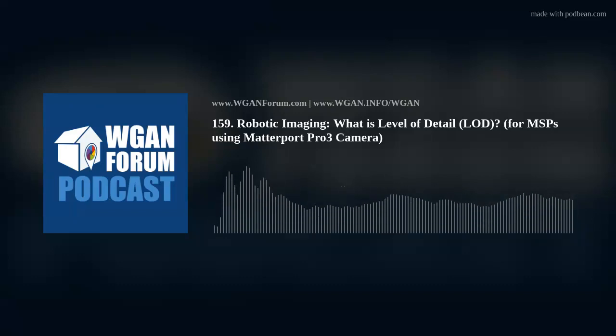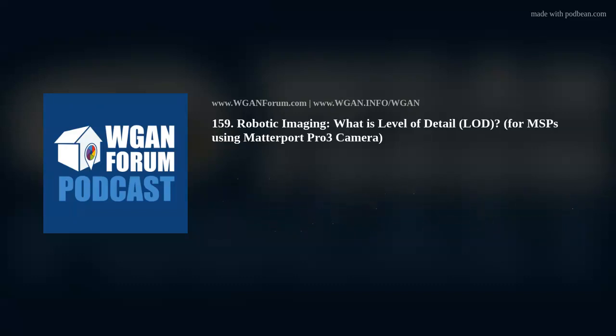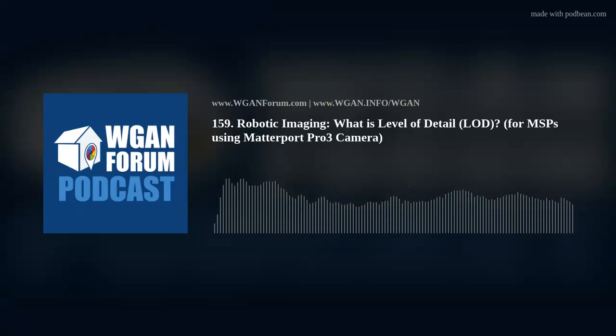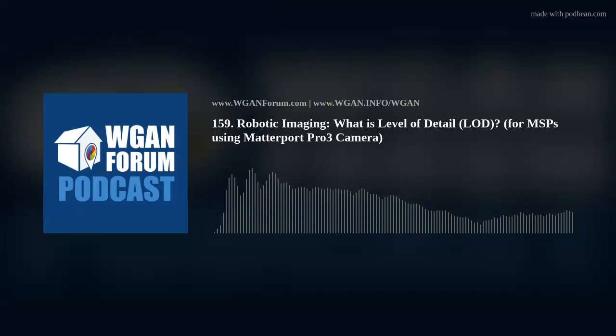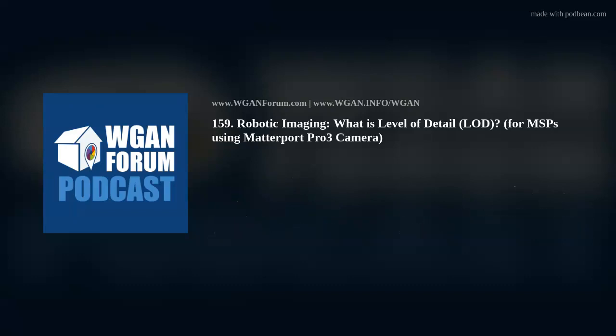The level of detail you choose will depend on your needs and what you're trying to achieve with your project. If you just need an outline of the object scanned, then the point cloud is a good option. If you need more surface detail, then the mesh is a better choice. And if you need a 3D model with all of the surface detail included, then the solid model is your best option. The terms level of development and level of detail can be used interchangeably, but they have different meanings.